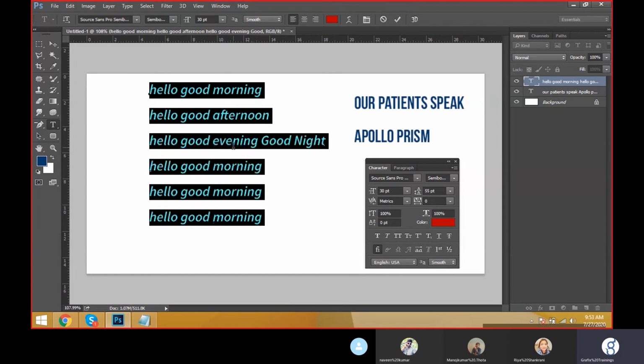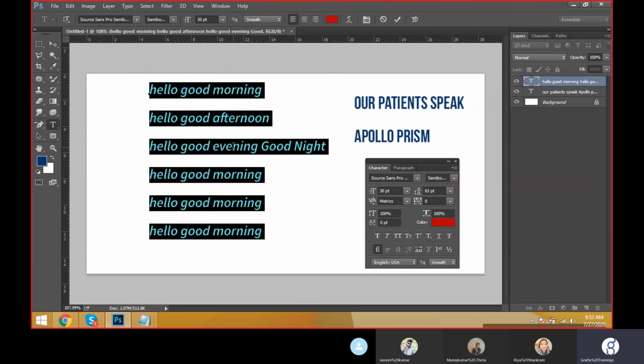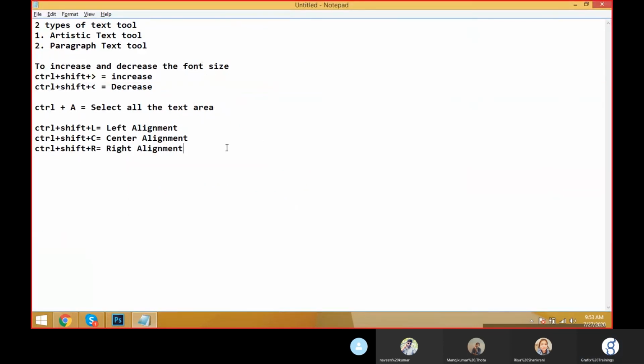This is called leading. Alt up arrow increases the leading of the text.